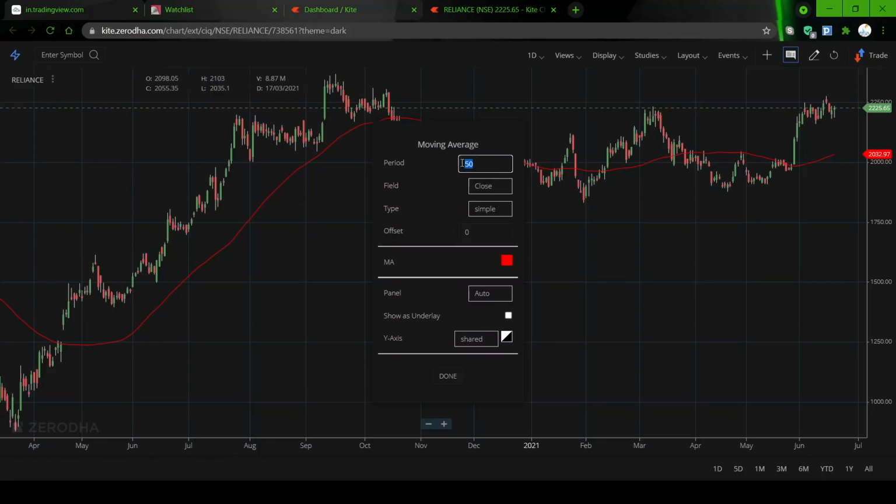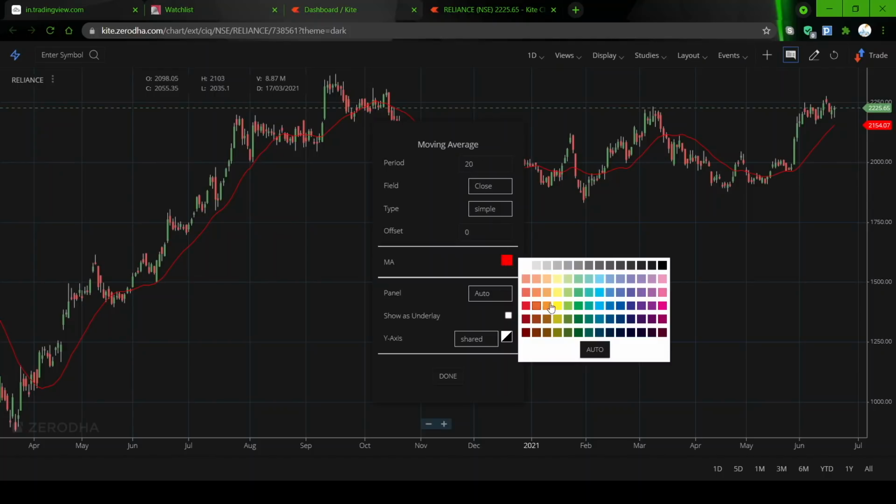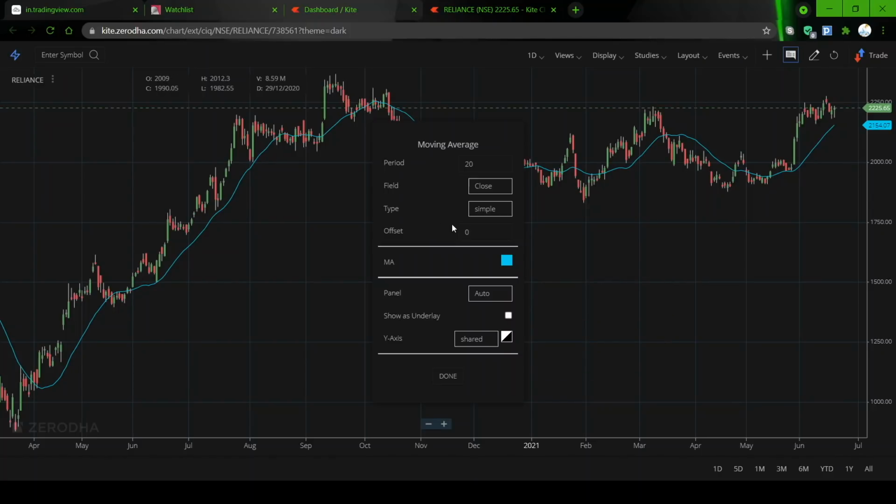We will put 4 moving averages. The first is the 20 moving average, period 20. Period 20 means it is the average of the last 20 days, because we have taken the daily candle. Let us make this color blue. It does not matter, but if you do this regularly, you will know which moving average it is just by seeing the color.